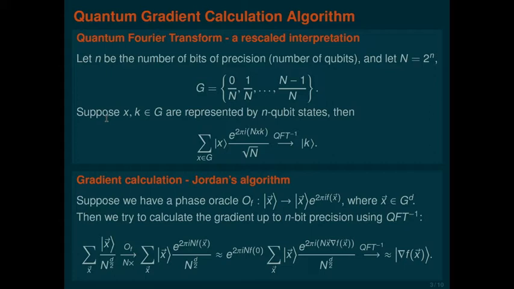That is the same thing that appeared here. So if I now apply a quantum Fourier transform, which is now d-dimensional, meaning that I do a Fourier transform in each dimension, then I hopefully get back the gradient vector itself as a bit string representation, so I can actually read out this value classically.